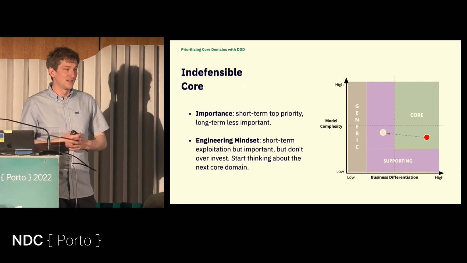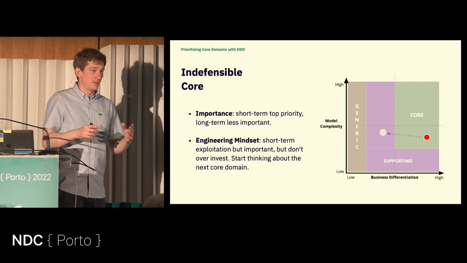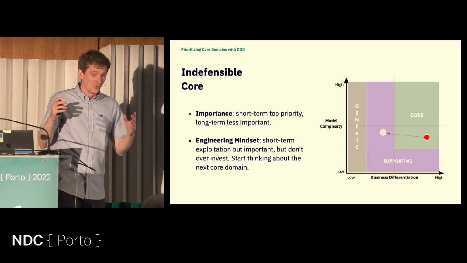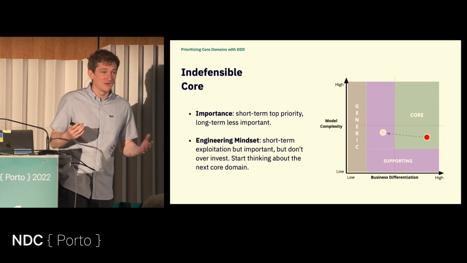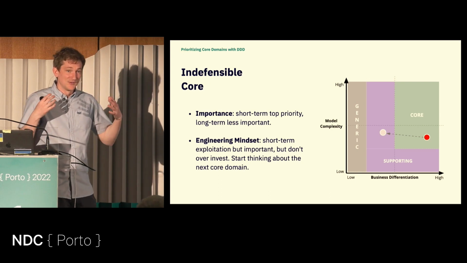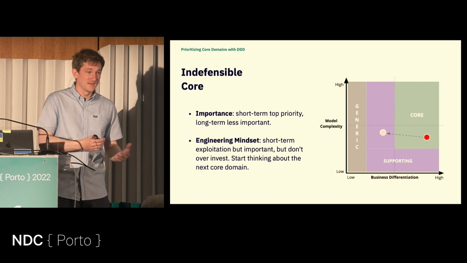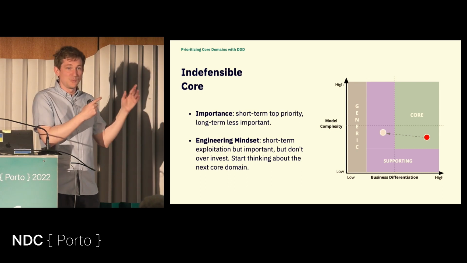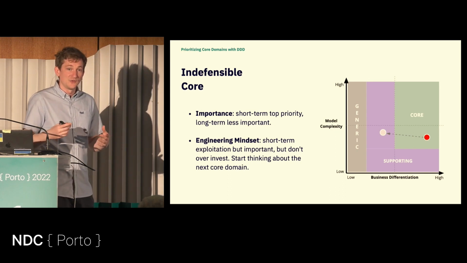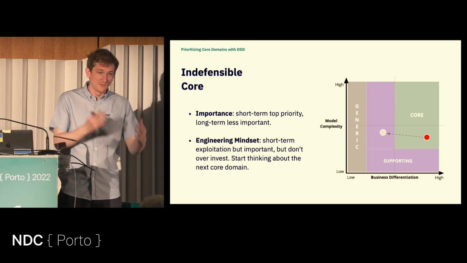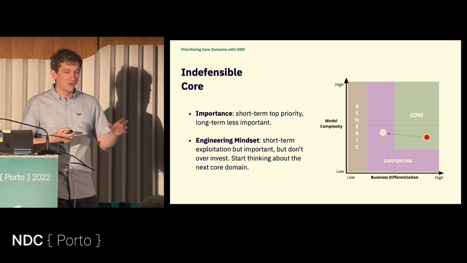I had one company recently, an American company from Texas, who do payments, and basically we did a session like this, and they said all of our domains go from core to supporting in 1 year. It's very hard in this industry to actually get a competitive advantage and keep it. Just nothing stays around that long. And that's the kind of thing you want to get from these sessions, to understand in a company like that, you can't really focus on one thing and just do that well. It's like we've got to have a constant stream of new things coming along,